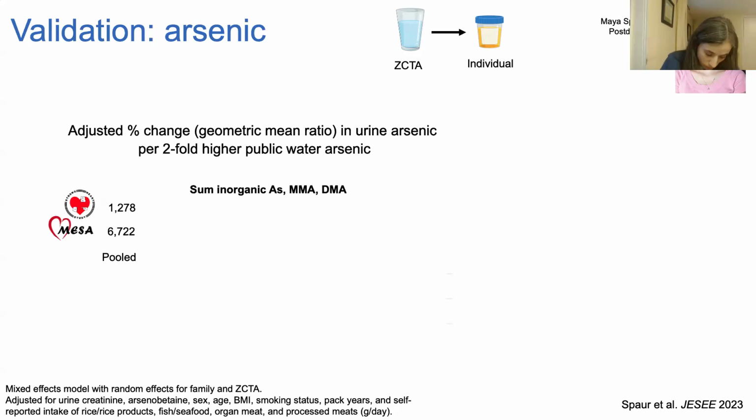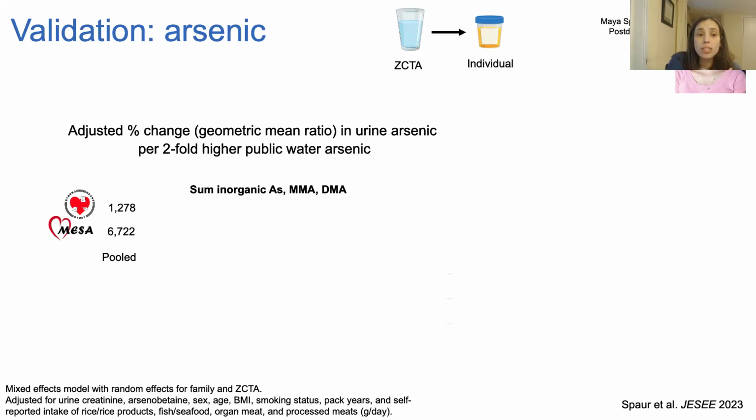That was the narrative we were really working with, and that was our best available science at the time. But we didn't have these geospatial estimates of what was measured in drinking water. And so there was a lot of modeling and assumptions happening